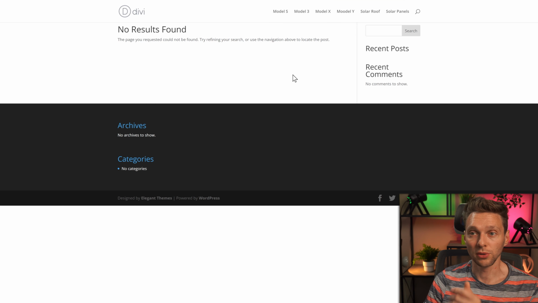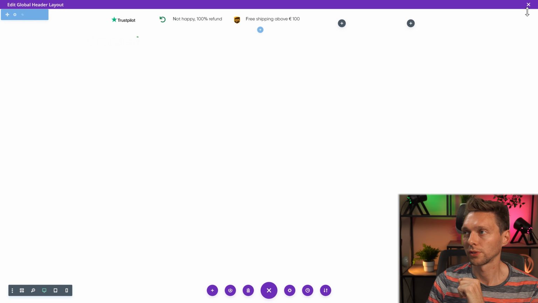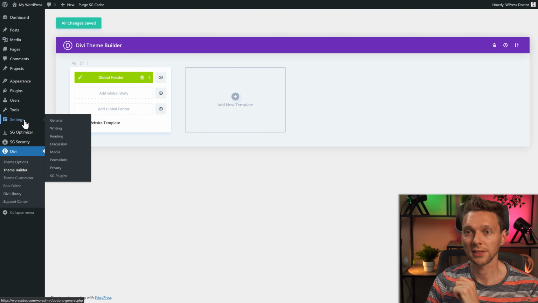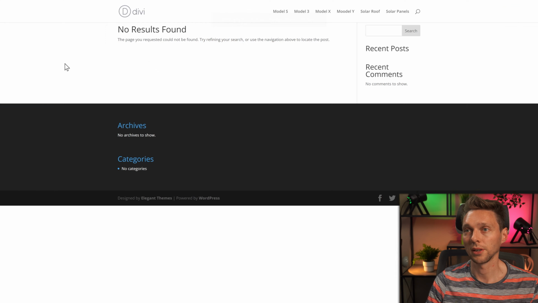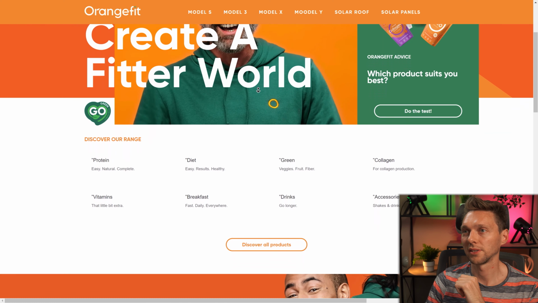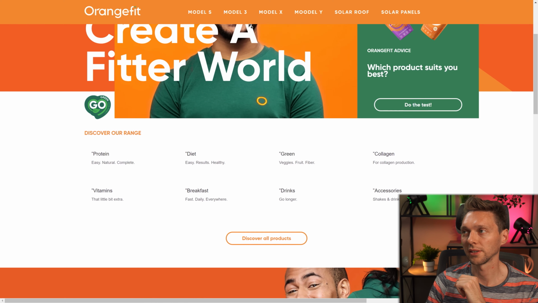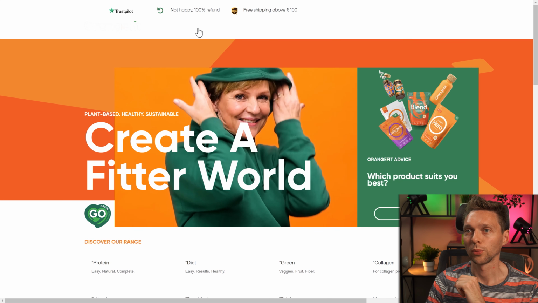Well, this is how the website looks. So what do we need to do? First, we're going out of the logo and Divi theme builder, press save or else it doesn't work. Settings, reading, and you're going to show a static home page like this. Now I refresh my page and here we are. Now you cannot actually see the menu because we need this thing to go up a little bit or else you won't see it. There are more ways to do this.